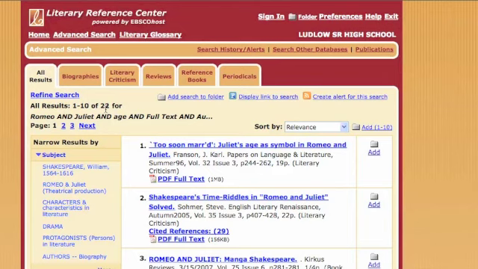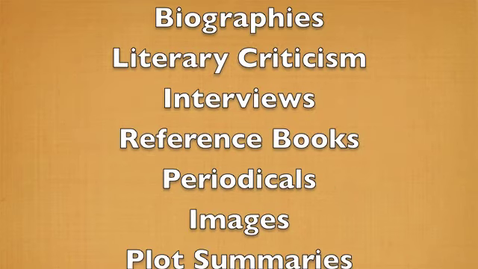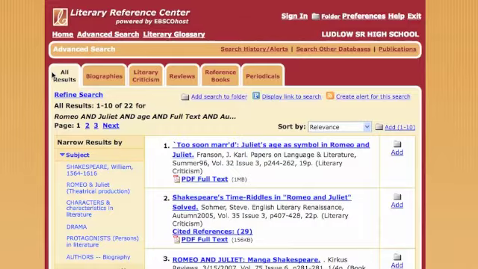Literary Reference Center organizes its results into categories using these tabs along the top of the screen. Any of the tabs could work for general or background information. For analysis, stick with the Literary Criticism tab. For right now, let's go back to All Results and take a closer look at some of the documents that